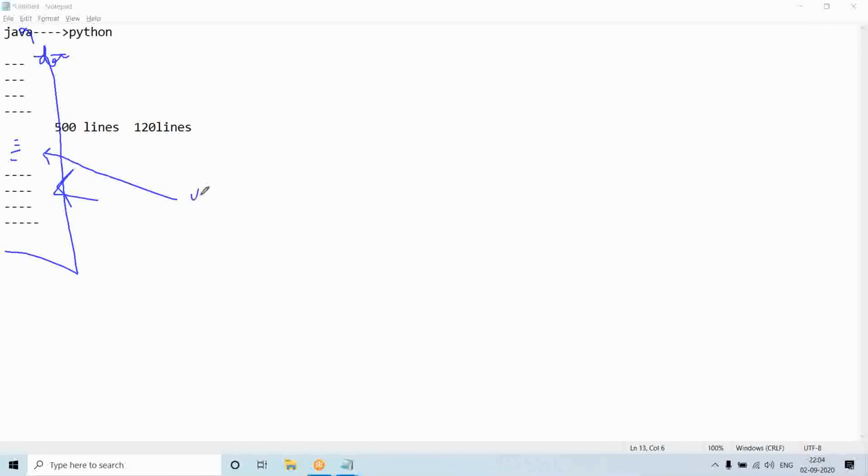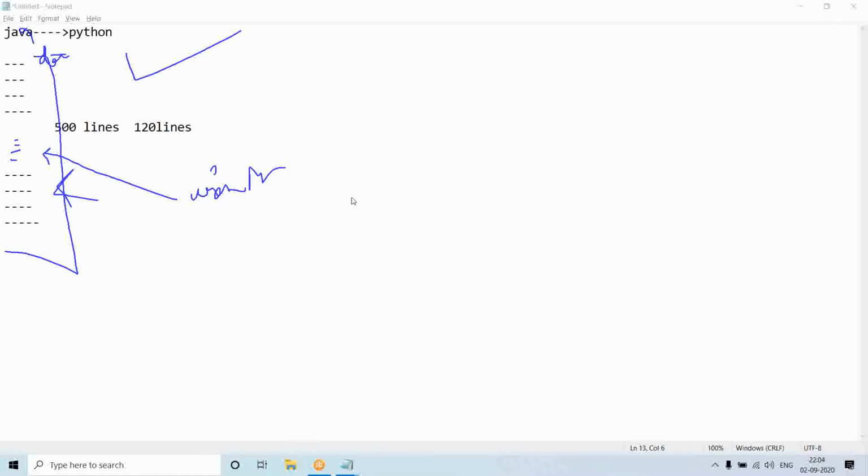What is that tool? Iron Python. If you integrate Iron Python in your .NET project, wherever you want, you can put the Python scripts in the .NET code and you can run this like a regular .NET code.